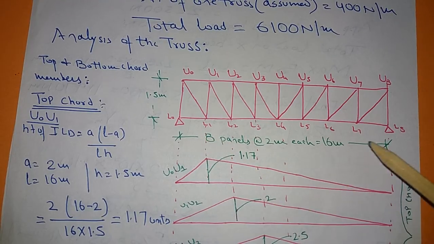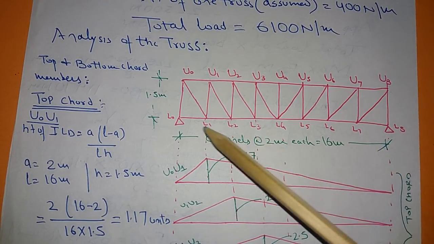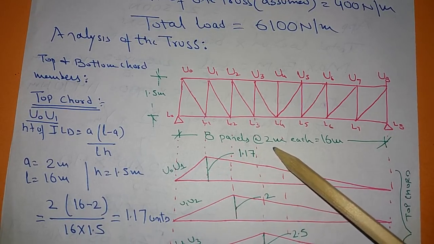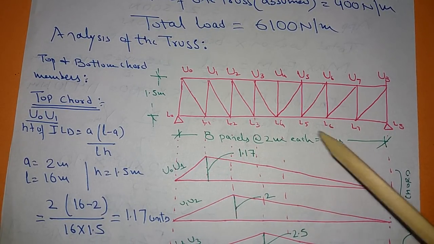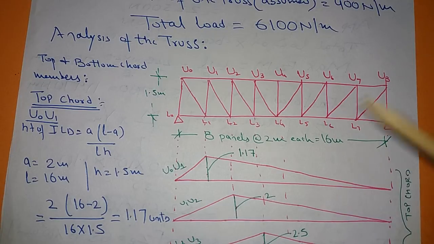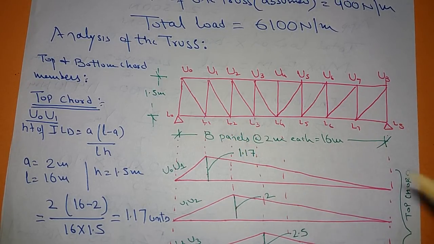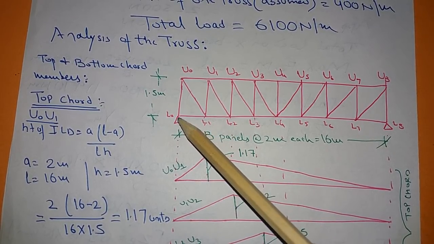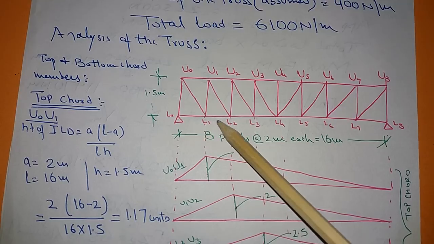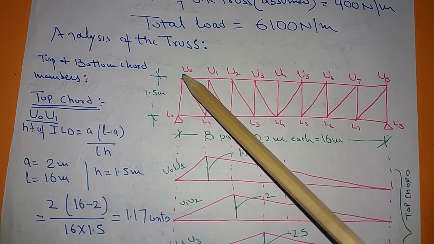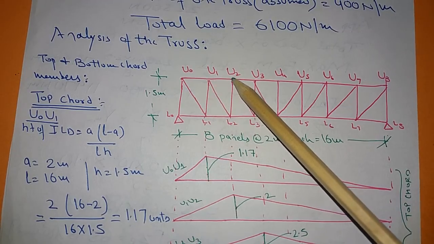The total length was 16 meter, which is given. Cross beam spacing is also 2 meters. So 8 panels at 2 meter each equal to 16 meter. And let us say the height is 1.5 meter, which you have to decide. Then put a name of bottom joints L0, L1, L2, L3 up to L8, and for upper U0, U1, U2, U3